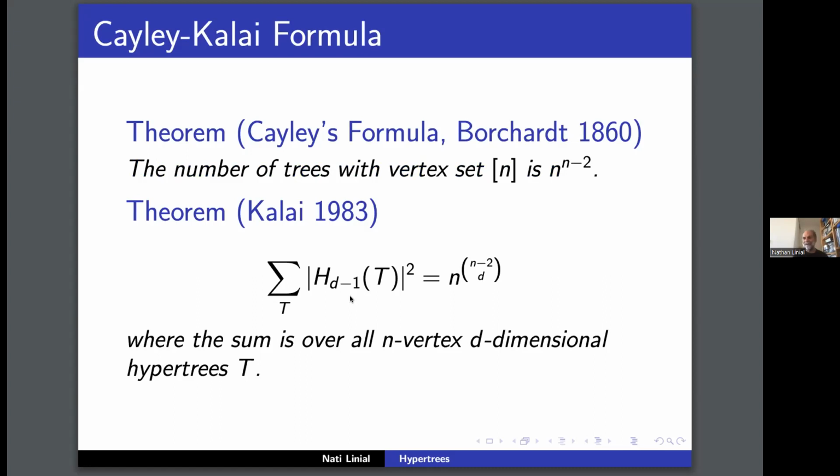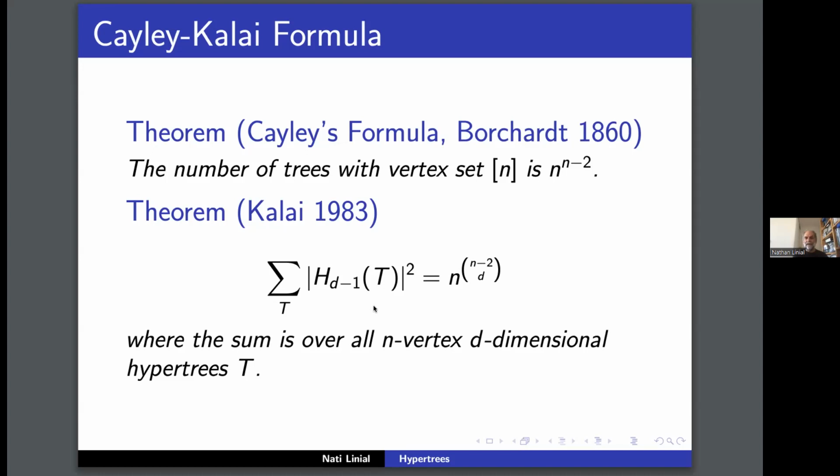I intended to skip this, but if you ask, in just one word, I can give you an answer without assuming any knowledge in topology. When you have a hypertree, you have an n-1 choose d by n-1 choose d submatrix of the full matrix, and this is really the determinant of that submatrix. So maybe just for people who know, when we do the proof of the matrix tree theorem, we multiply this modified incidence matrix. It's something like that for d dimensions. Exactly. It's a good thing that you mentioned it, because